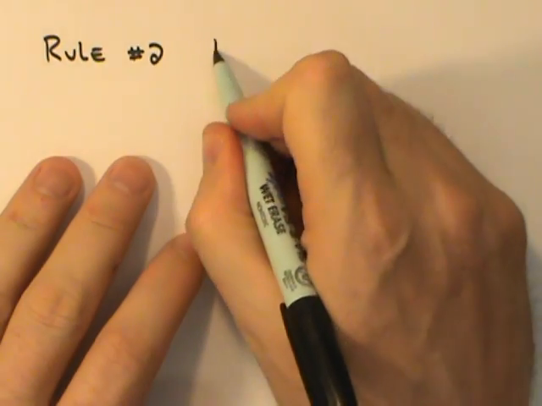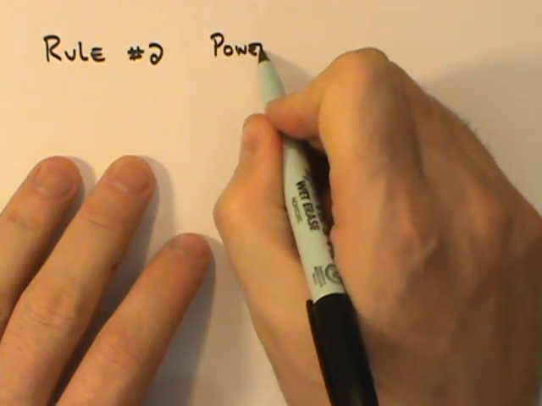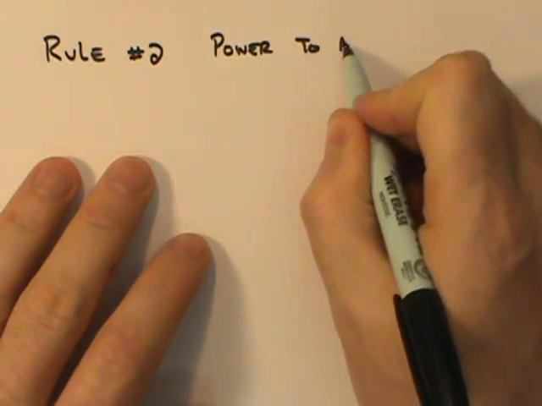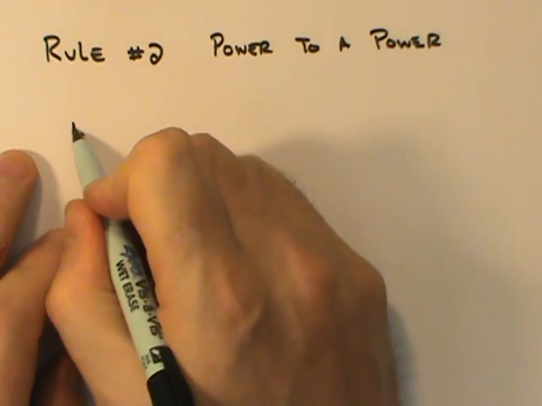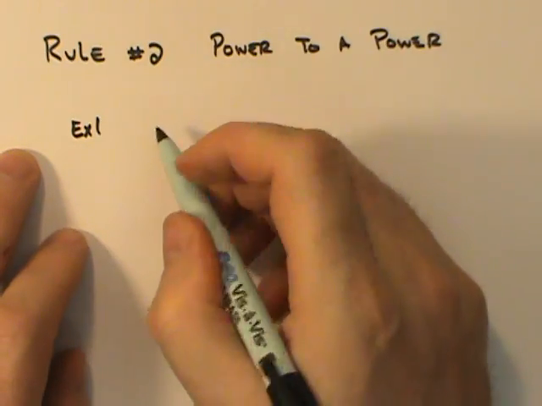Now we move into what we call rule number 2 for operations on monomials. This is a power to a power idea. Power to a power. Example 1, if I say that I have